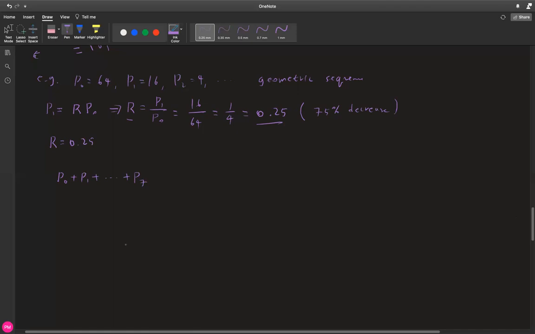So you're going from 0, 1, 2, 3, 4, 5, 6, 7. Knowing that the common ratio is 0.25 and that the initial population is 64, and also knowing that there are 8 terms,